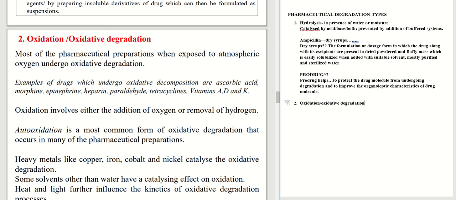The name itself indicates the drug species or chemical species will undergo degradation in the presence of oxygen when it is exposed to atmospheric oxygen. To avoid this we need to add antioxidants. Now let us see what are the different drugs that undergo this kind of decomposition,